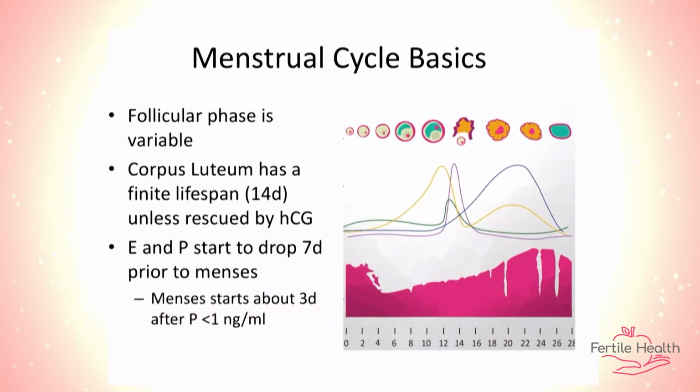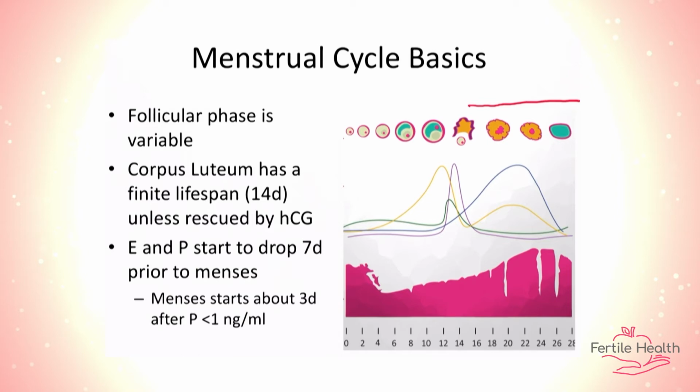So the follicular phase, remember that's the first 14 days of the ovarian cycle, is variable. It takes a different amount of time for people to make follicles and for those follicles to mature. Remember, if people go into menopause, their follicular phase might be shortened because the follicles are usually of poorer quality. Some people who have long menstrual cycles take a long time for those follicles to grow and mature. Conversely, though, the second part of the uterine cycle, the luteal phase, is only 14 days for almost everybody, unless